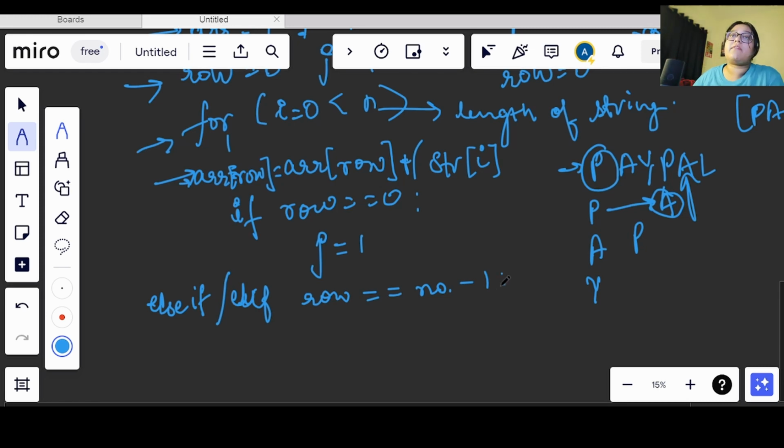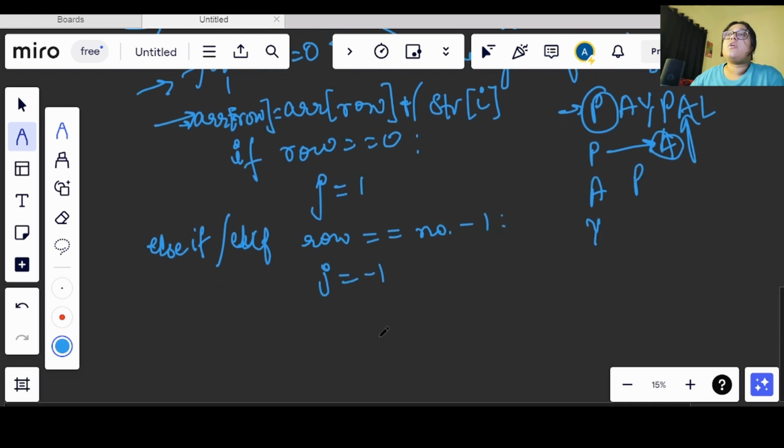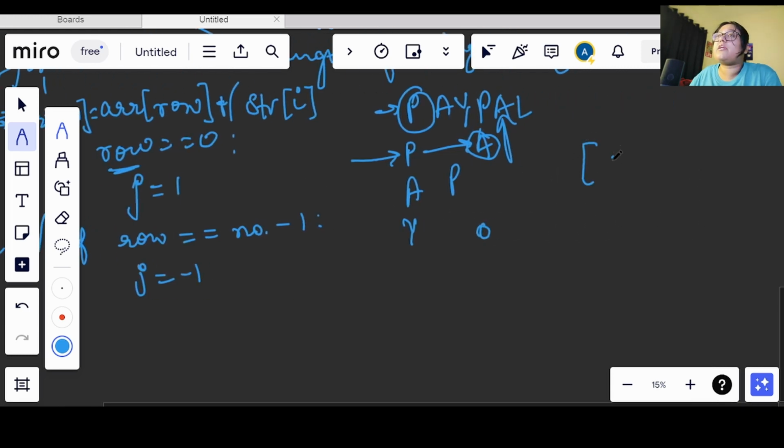We need to decrement the value, so this j will become minus 1. Now why am I changing only the j value? Now let's say I have this P. This row was first 0, and in this array I have already inserted P. The rest of the two are empty right now.